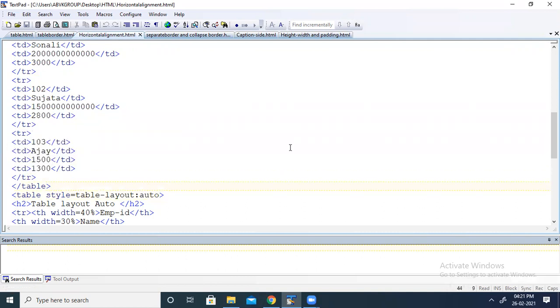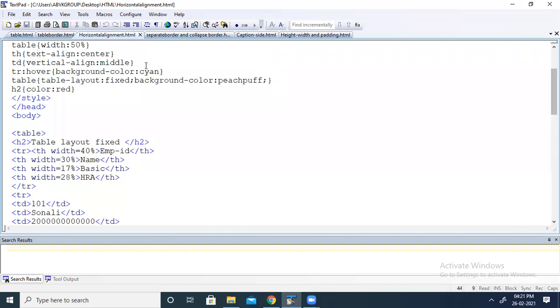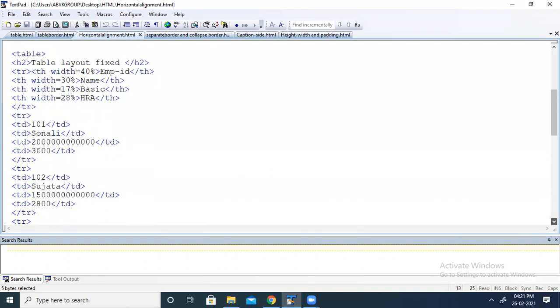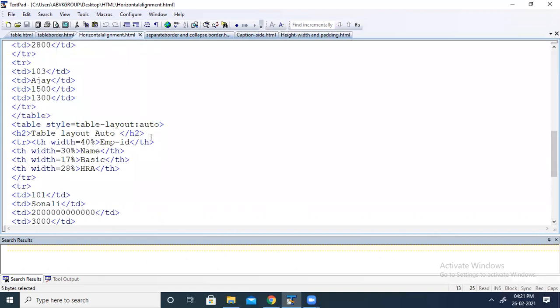So here the value I have taken as fixed. Okay, here the table layout is fixed, means I cannot increase or decrease because it is a fixed value. Now next part, so that it will be easy to compare. Next part is, here I have taken table layout as auto. What I did, table style, here I am defining the style rule for the second table.